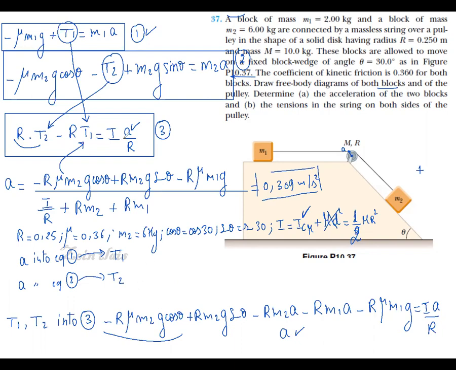I give you the answer. So the answer is T1 equals 7.6 Newton and T2 equals 9.2 Newton. Okay, here I advise you to calculate each equation, the numerical answer directly. Okay, like this you can simplify the calculation. Anyway,